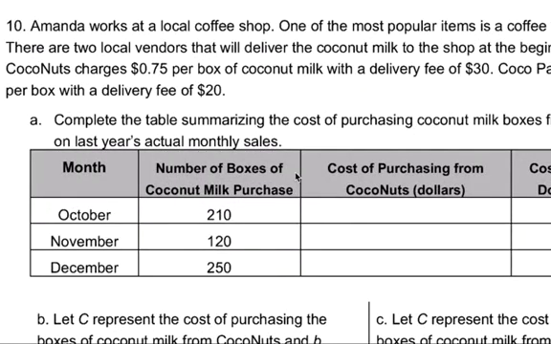Coconuts charges with a delivery fee of that. Okay, so the Coco's equation is y equals